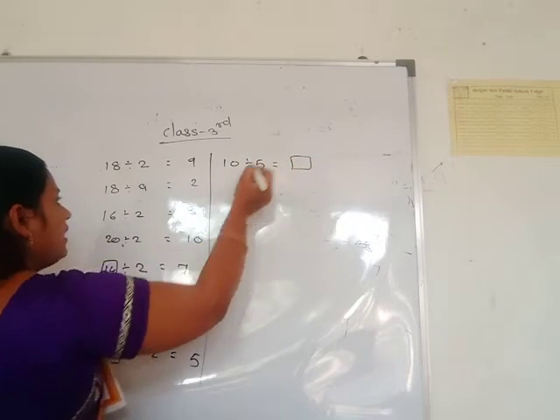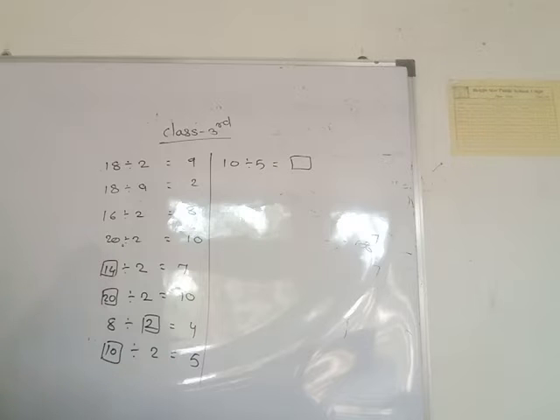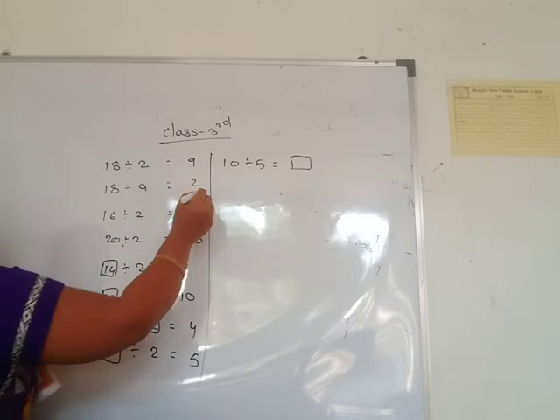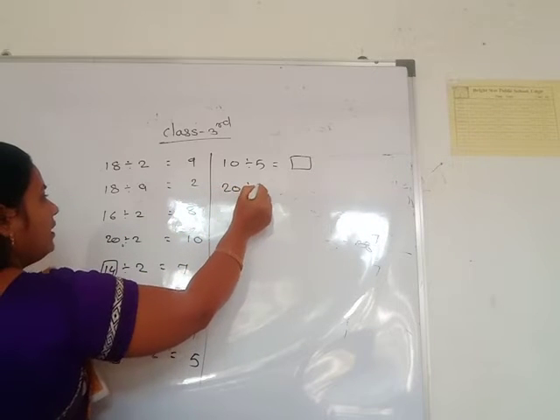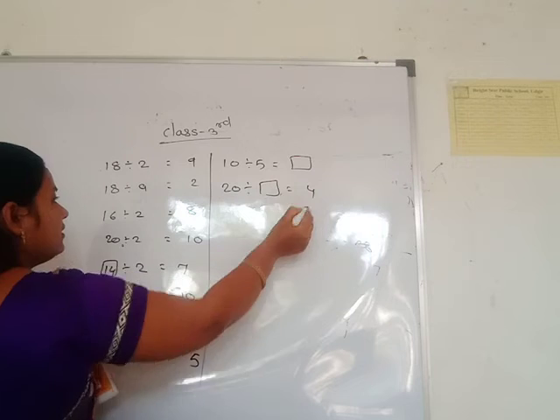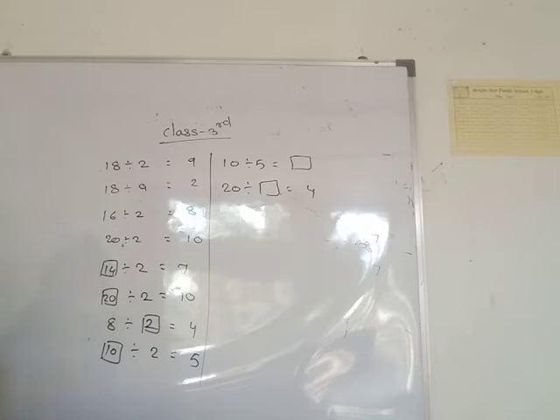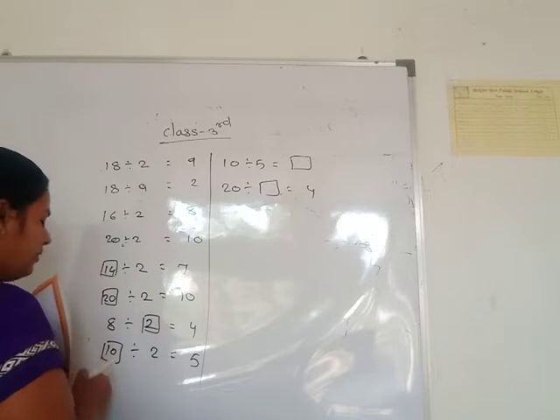Then you write the correct answer here. 5 1s are 5. 5 2s are 10. Then in homework you write this answer here: 2. Then 20 divided by one empty box, and here the answer is given as 4. Then you do 4 times this 20. 4 5s are 20. Then you write answer 5.